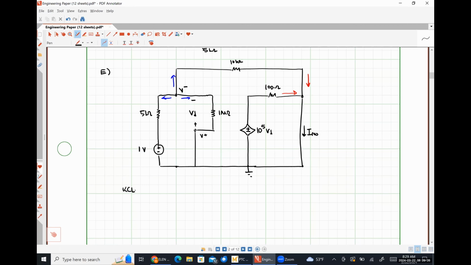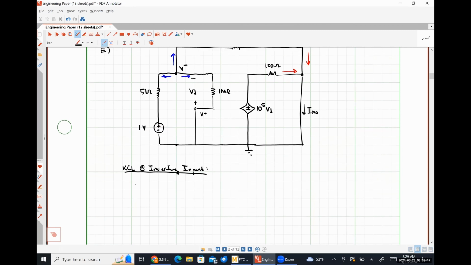And what we should find now is that we have a 1 equation, 1 unknown system because our output voltage is forced to be 0 since we shorted it out, right? So we would have V minus